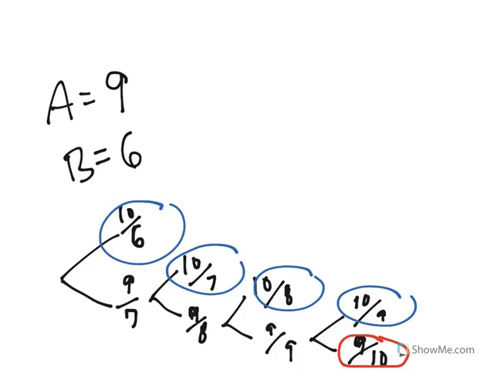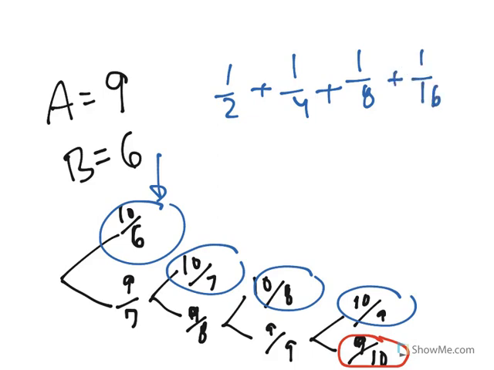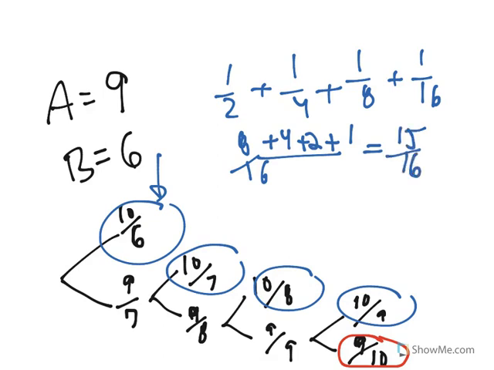Okay, so hopefully you came up with a diagram like this, where on this level it's 1/2, and then A can win once on this second level, which is 1/4, and A can win once on this level, which is 1/8, and A can win once on this level, which is 1/16. That's 8/16 plus 4 plus 2 plus 1, which is 15/16. And that leaves 1/16 for B,